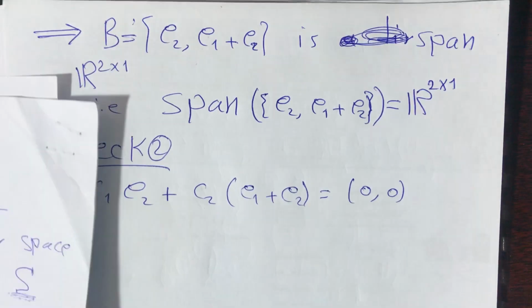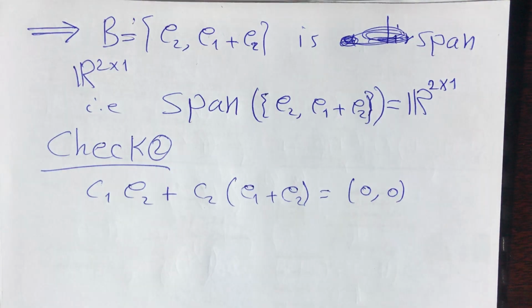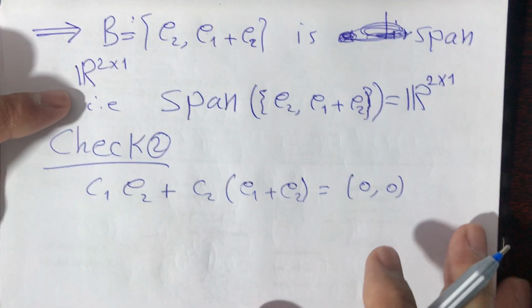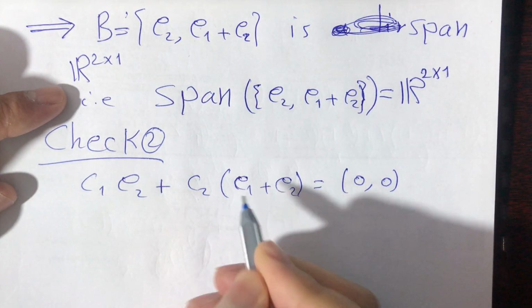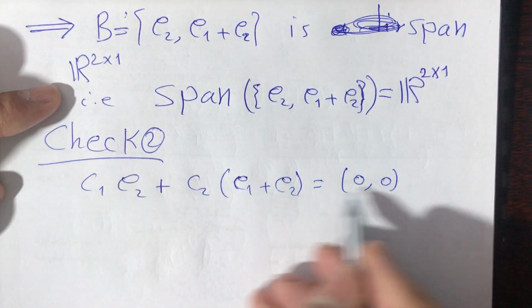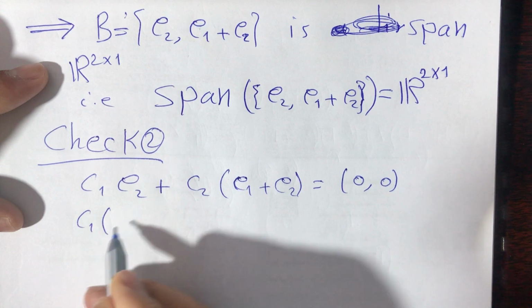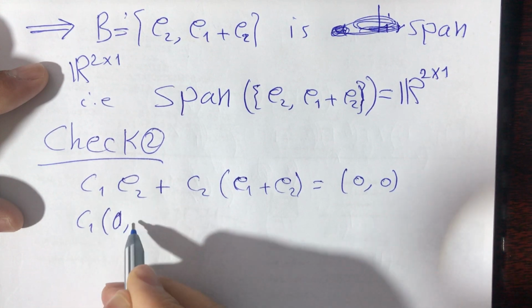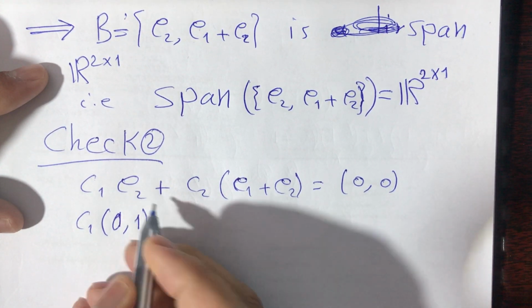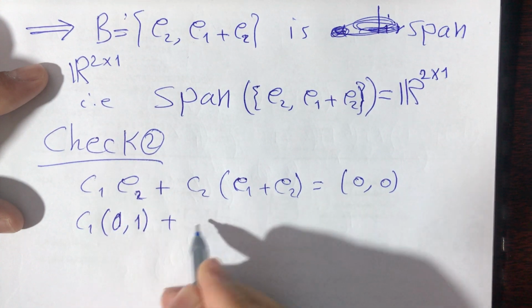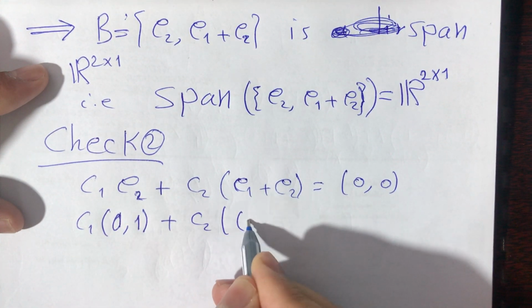So now try to find C1 and C2 from this equation. Put here E1, E2 equals 0 1, E2 equal 0 1,